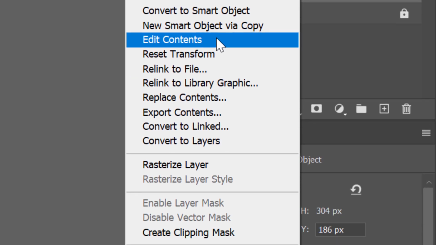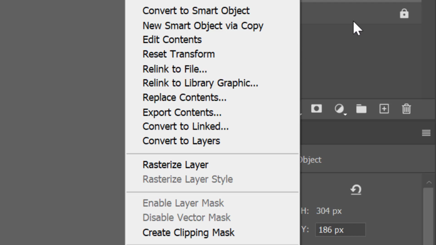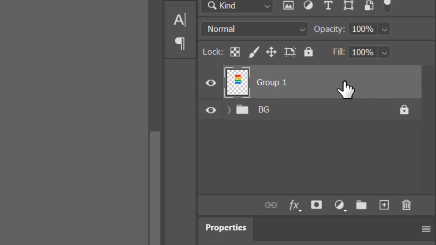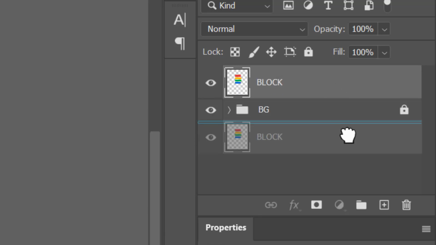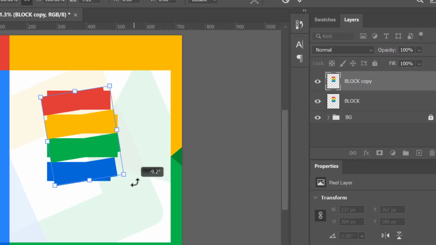Now let's right click and select smart object. Then we are going to rasterize it, so let's select rasterize layer like that. The next thing we're going to do is click and edit the name. So we just write block. I'm just naming it like that, and let's click the plus icon to duplicate it like that, and